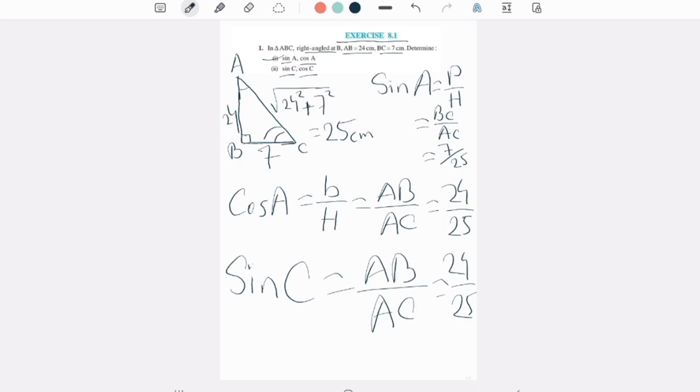And when we calculate cos C, to calculate cos C, we know that cos theta is equal to base by hypotenuse. So when we consider this angle C, in this case base will be BC by, and the hypotenuse will be AC. So put the value and we will get the value, and this will be 7 by